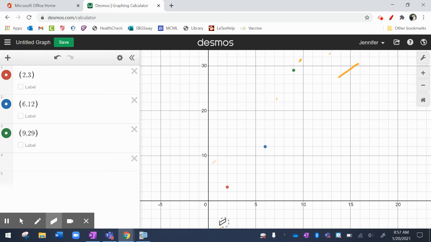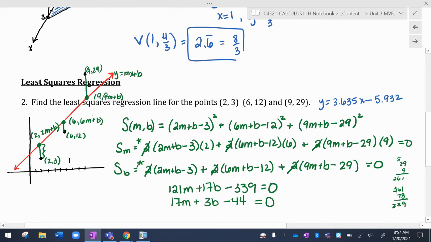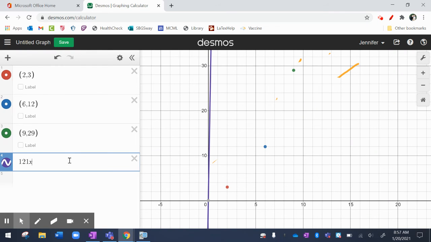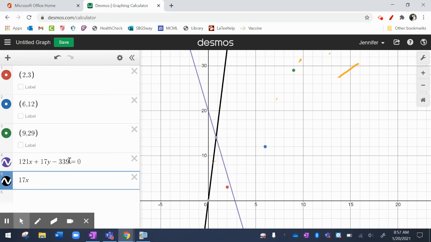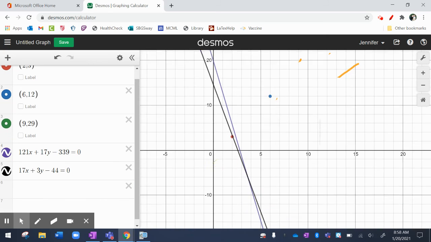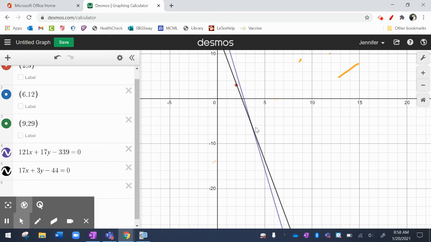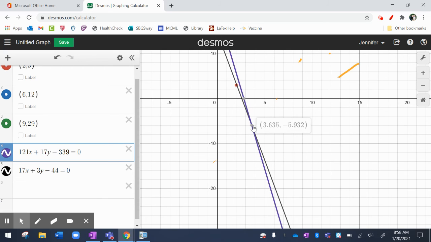There's got to be a better way to clear this, but I'm just going to erase it. So what do I have? I have 17y minus 339 equals 0. There's one line. And then 17x plus 3y minus 44 equals 0. And I want to know where those cross, so I'm going to click on it, and it will automatically give